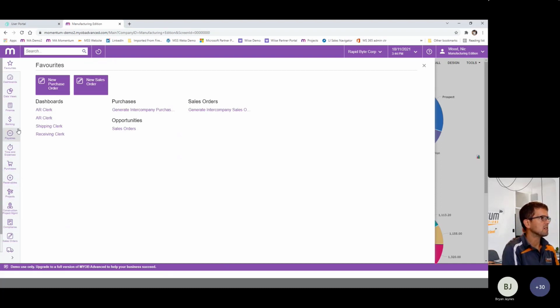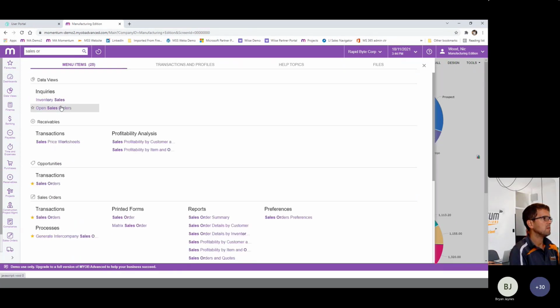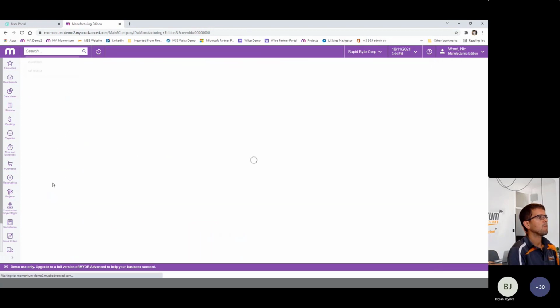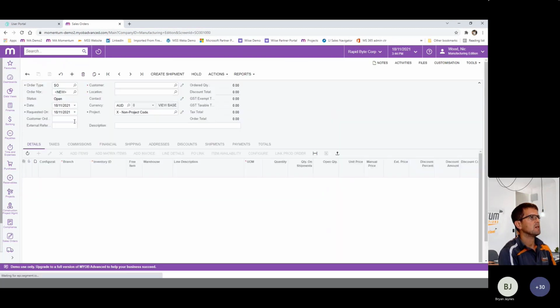Another one of the changes in this version is if we go to the sales order screen, we open one of these sales orders.